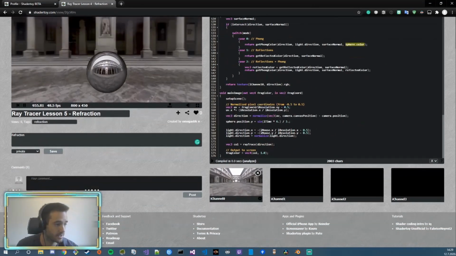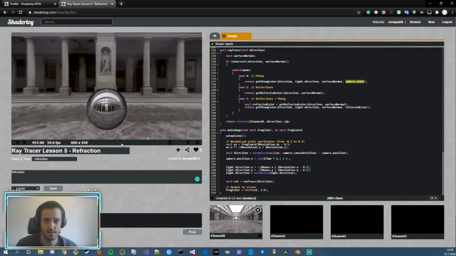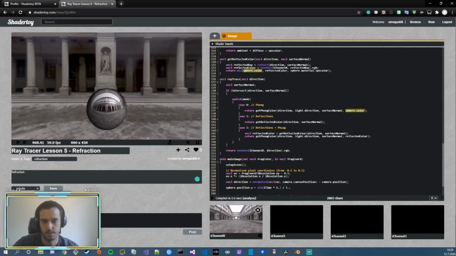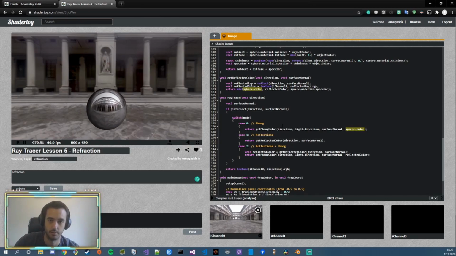Let me see if we have anything more to do here. No, not really. This code is 176 lines of code for rendering a sphere that is fully lit and reflecting the environment around it. I would say that's pretty okay. And you should be proud of yourself so far if you manage to figure out what's happening here. So let's start with the second part of this tutorial. That's gonna be the harder part. Let's dive into